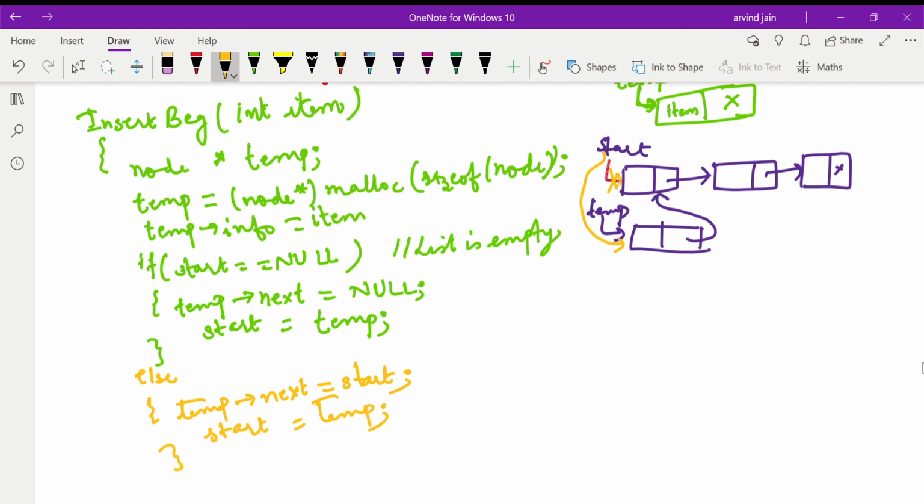This is how your node will be inserted at the beginning. Now here you can see there's no loop inside it. Therefore, we can say the time complexity for inserting a node at the beginning of a linked list is order of 1. Thank you.